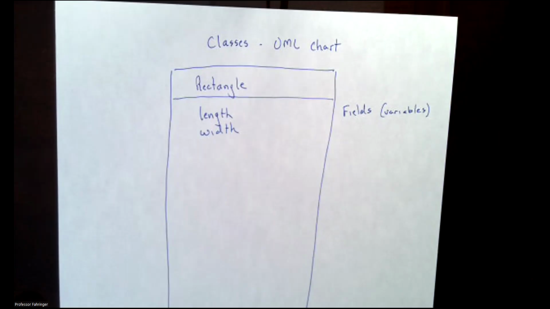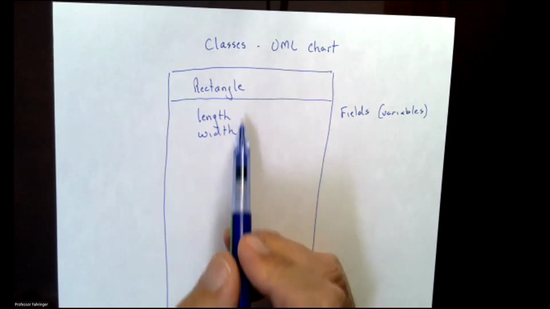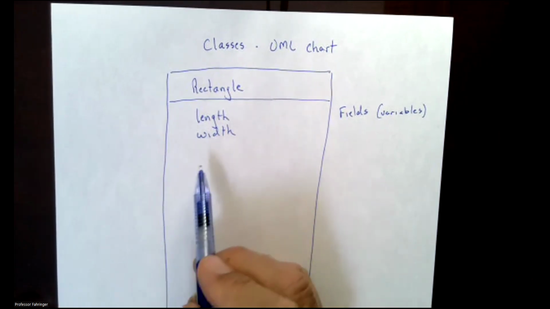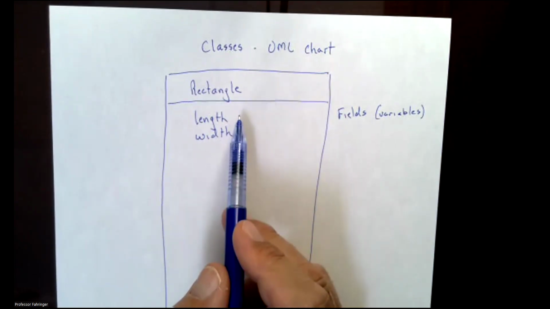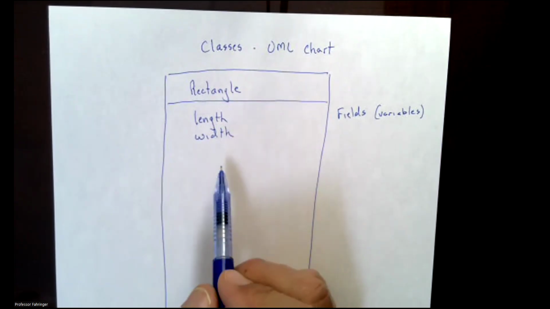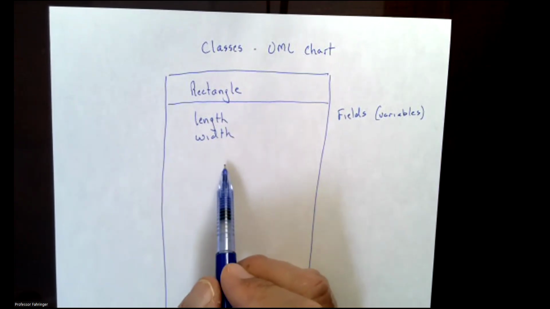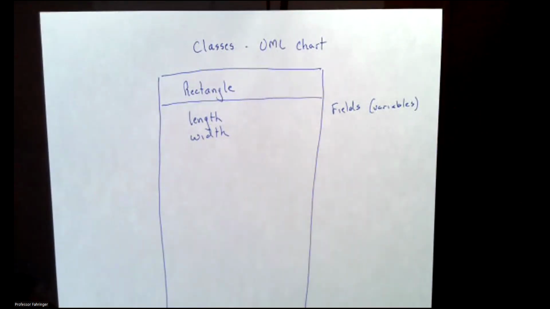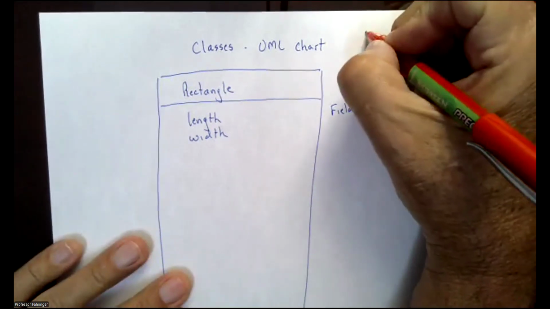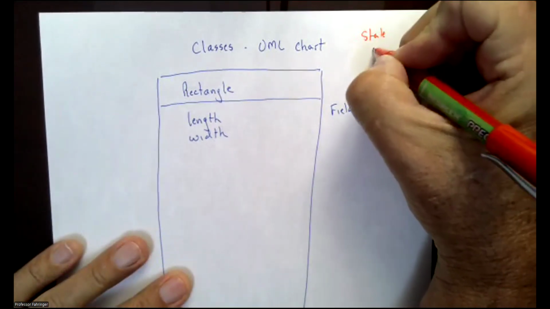If area is a field, that's possibly one that could be stale data. Length could be 2, width could be 2, which means area would be 4. And that had to be calculated. But what if length is changed to 5 and we forget to recalculate area? Anybody remember that term that went with it? That would have created stale data.